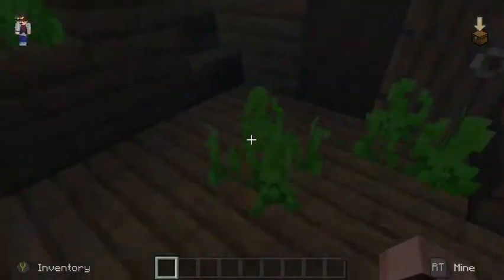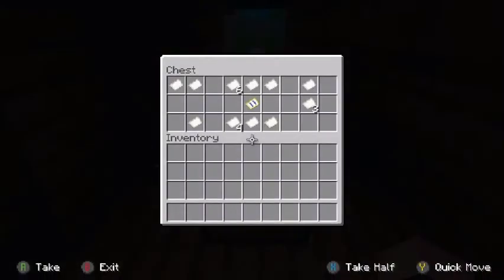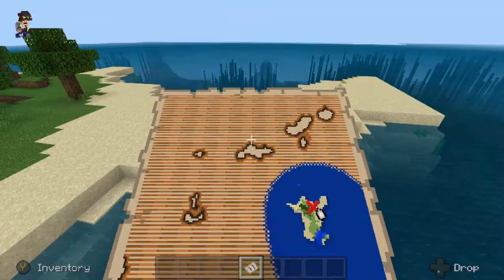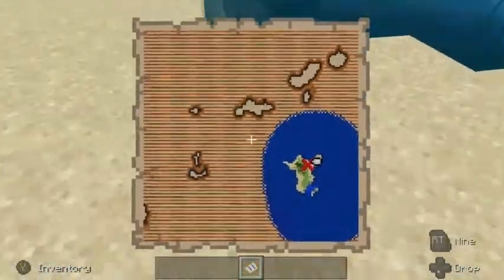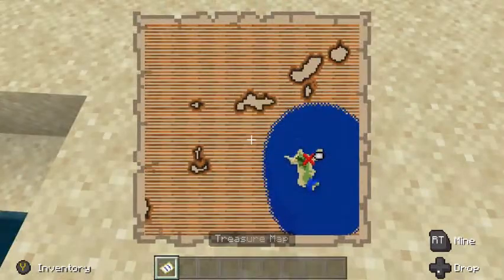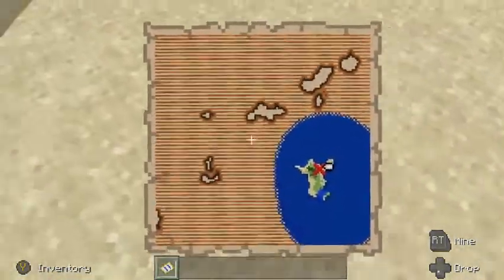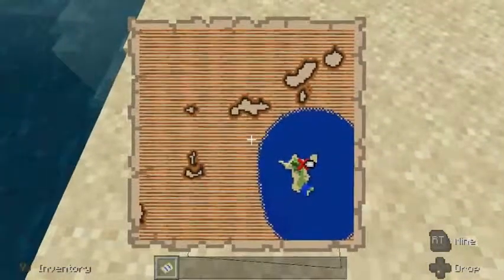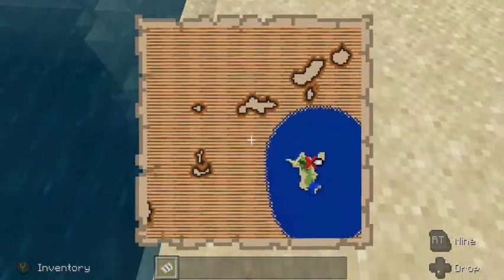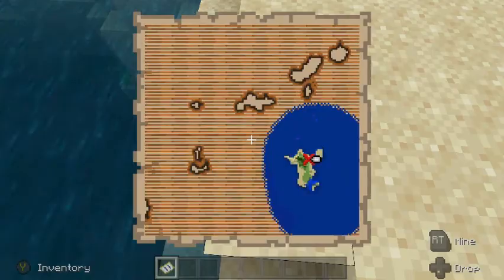Alright, so different ships, or sunken ships, will have different kinds of treasures, but almost every single one of them will always have a treasure map. And the treasure map will tell you exactly where to go for treasure. And you look down, and you see the little white emblem there. Line it up with the X. And what I'm doing is I'm lining the little white tip up with the X. And once that is there,